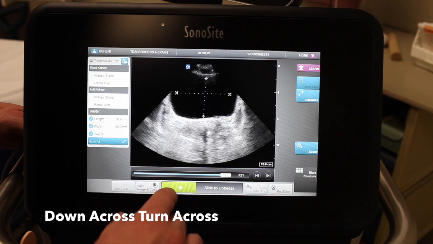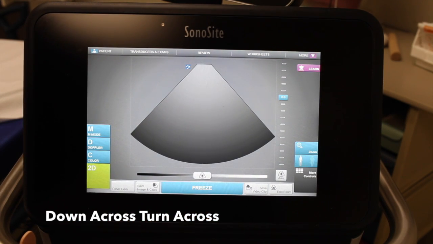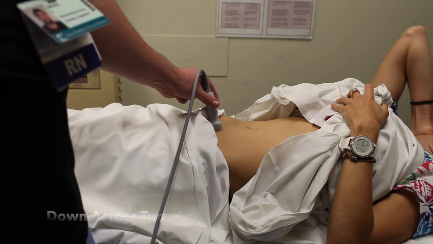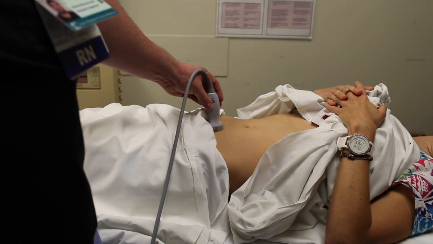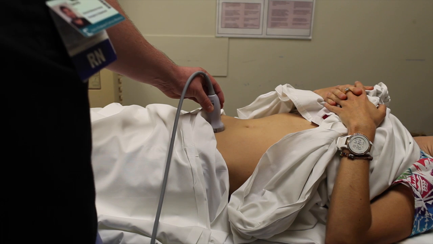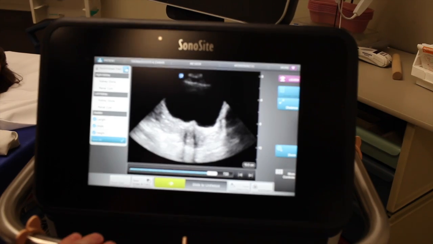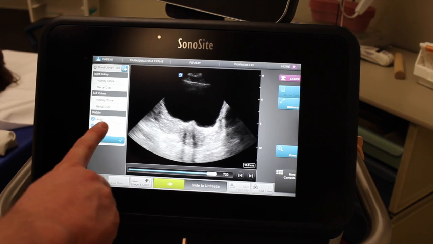And then you're going to go ahead and unfreeze the screen, turn the probe, and that's the T part of data. So down, across, then T is turn the probe to up and down, and at that point you're going to freeze the screen and then measure. After turning the probe, you're going to go ahead and go back to